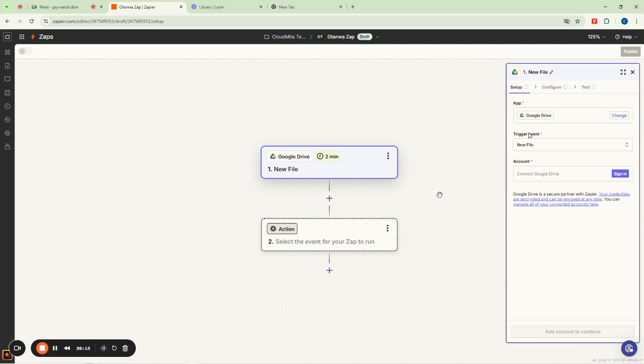You are active. Now, which account are they going to look into for this new file? You select it here by signing in. Of course, you know that it's always going to be a Google Drive file, right? So you click on sign in to select the account that you want to use for it. So you click on here and